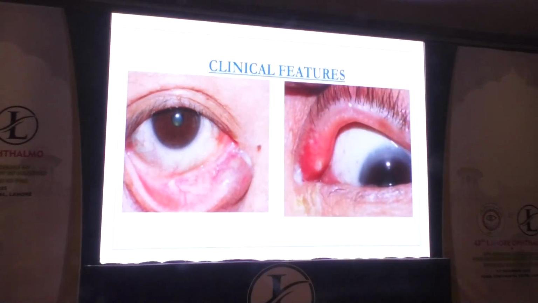And this is what they look like. In my experience, mostly I have seen them in the upper lid. I've seen it in the lower lid, but